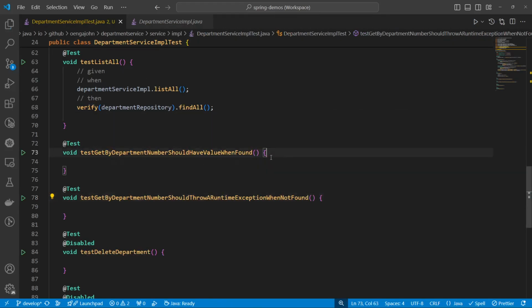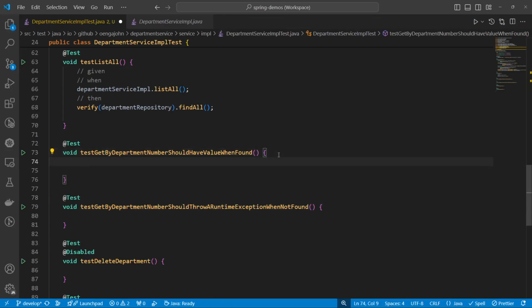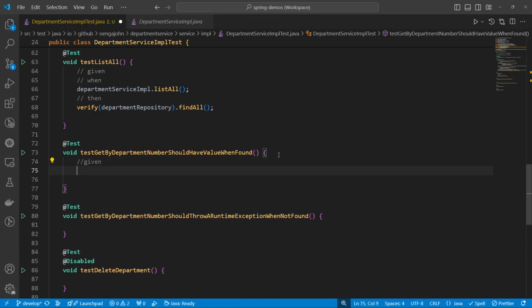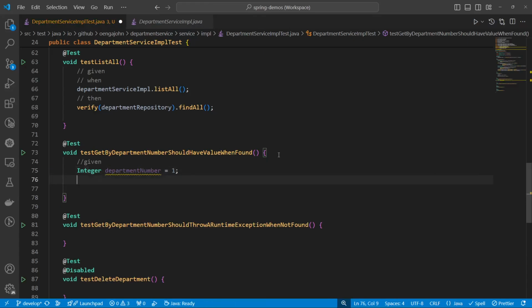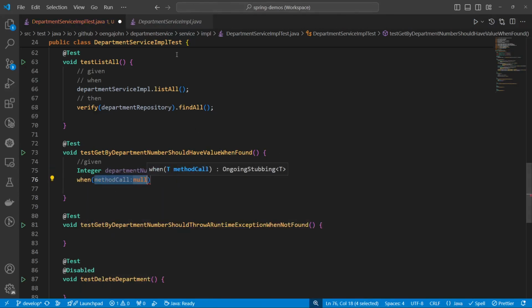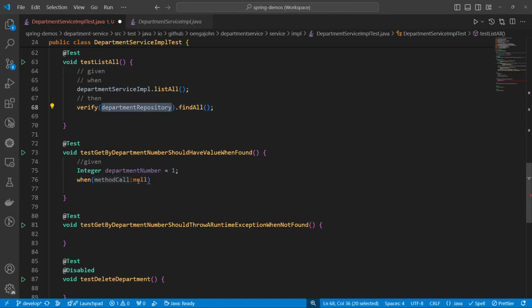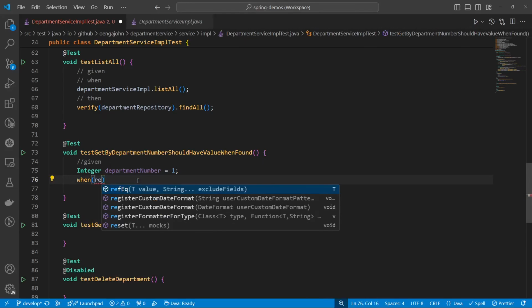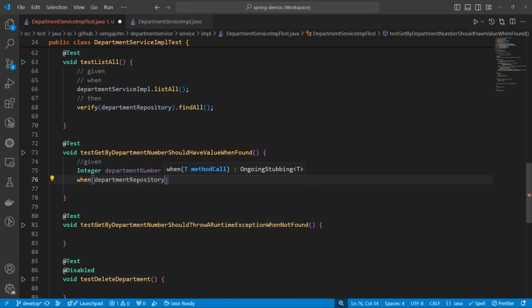So let's just start with the first scenario. I'm just going to declare, so I'm going to do given. So I'm going to have integer ID, department number, to be equal to the department number that I want to search with, which is going to be 1. All right, and then when we need to mock the repository find by ID. So whenever we call the department repository dot find